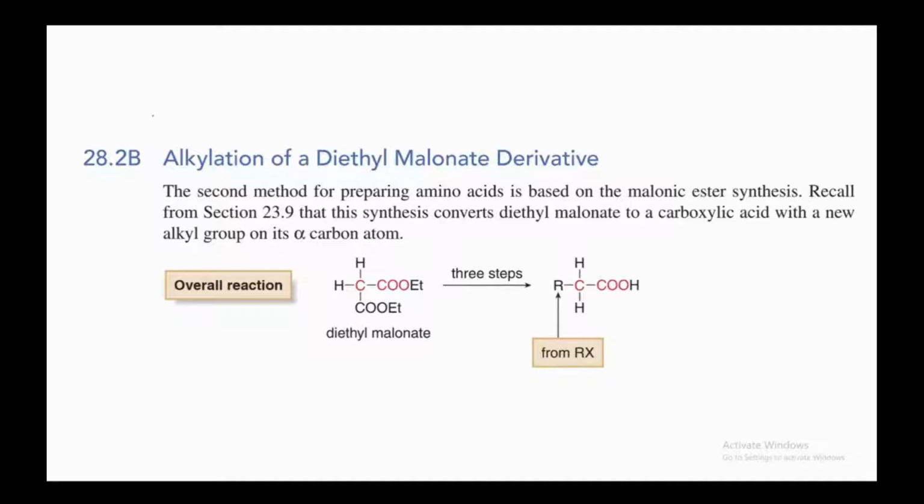Method number 2 is alkylation of diethyl malonate. This is diethyl malonate because this is an ethyl group, this is ethyl, that's why we call it diethyl, and this group is the malonate group. If you react this in 3 steps, we get to the